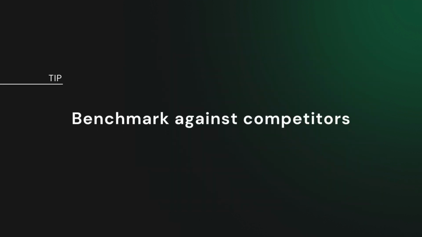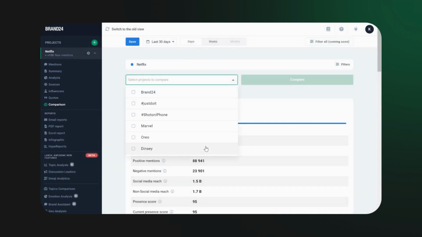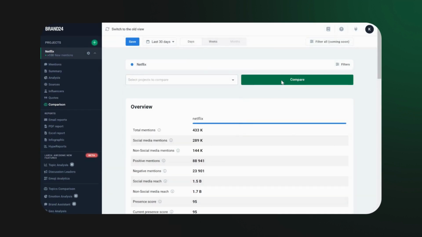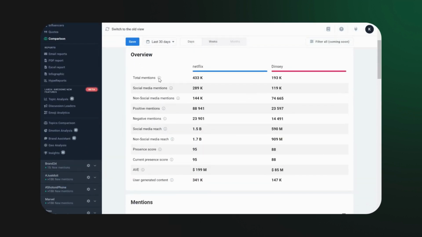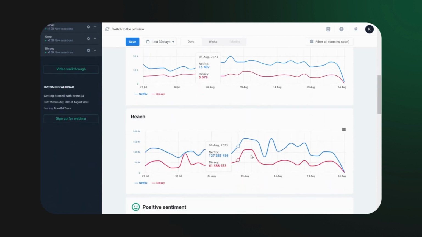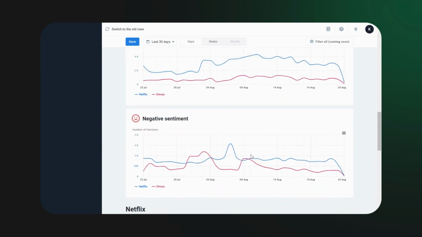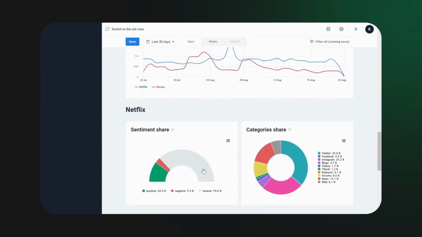When you're handling your marketing strategies, it's vital to establish precise objectives. And what's a more effective approach than observing your rivals' performance and aiming to excel? With Brand24, you can easily check how brands differ in terms of reach, sentiment, AV, UGC, presence score, categories share, and more. All of these aspects can serve as